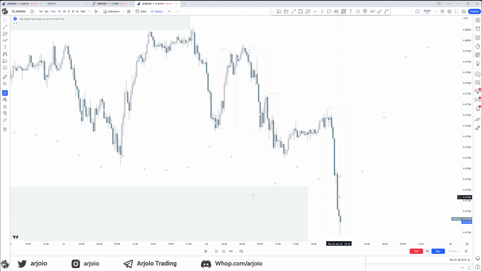Asia has that expansion. Also because Australian dollar is, of course, more so an Asia pair. It is pretty volatile in Asia, so you will see a lot more volatility during Asia. So that's something to be aware of, that when you are trading Australian dollar, US dollar, for example, you won't always see the perfectly clean Asia consolidation and the sweep in London, etc. No, that will not always happen. But that doesn't mean it's not tradable, because this is very much tradable right here. Same for this. This is very much tradable.